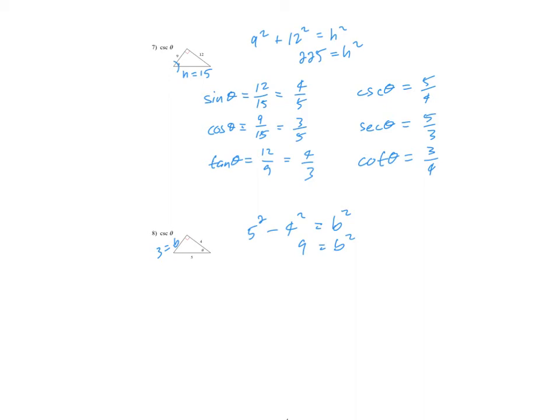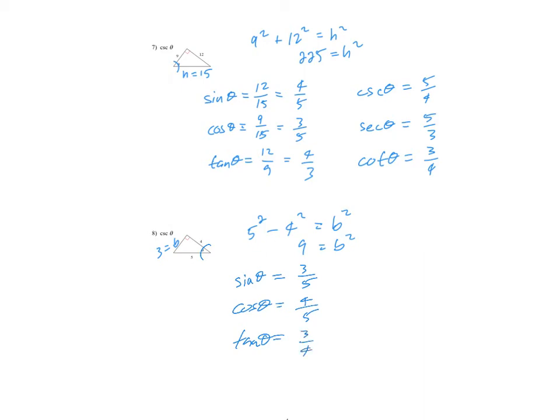Okay, so sine theta, angle here, opposite 3/5. Cosine theta is equal to the adjacent over the hypotenuse, so 4/5, and tangent theta is equal to opposite over adjacent,